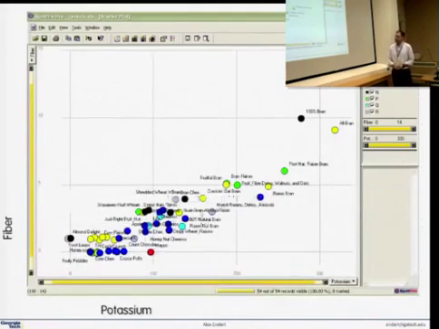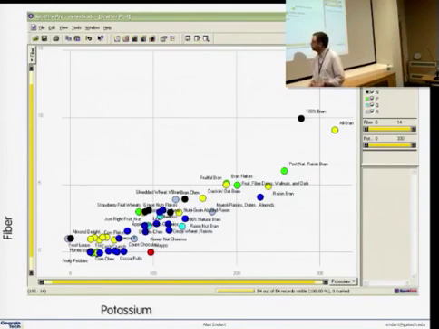Instead, even using something as simple as a scatter plot here, we can map data attributes, or the dimensions of the data, onto the x or y axis. So in this case, we have fiber and potassium. We've mapped color to the manufacturer codes, and we can start to see things like, for example, the blue manufacturers tend to be down in this region a bit more, and there are a few that are really far up there, right? And now, depending on what I'm looking for in a cereal, in my diet or whatever it may be,